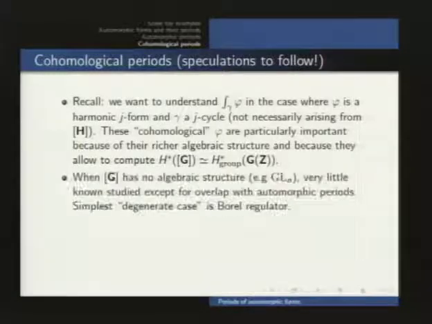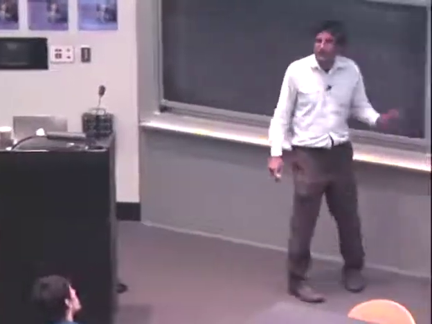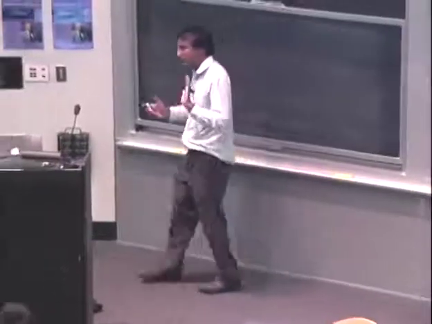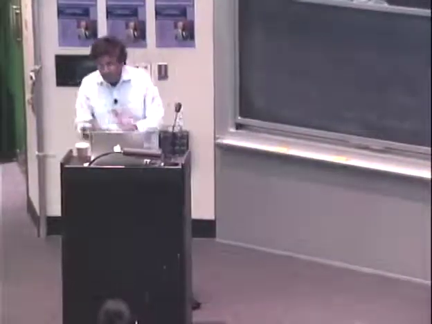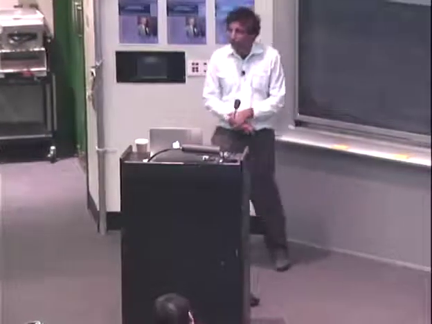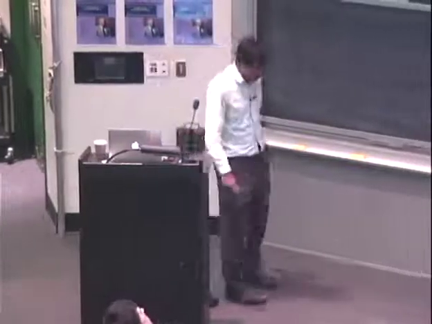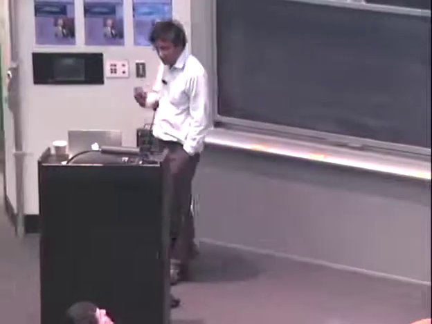Okay, so let me say a little bit about what we know, which is not very much. When the group has no algebraic structure, so in the case when the space for G has a complex structure, which is called a Shimura variety, then there's, I think, at least reasonable guesses you can make about this. Shimura, for example, already formulated conjectures for GL2, and Michael Harris proved some part of those. But I'm more interested in the orthogonal case where there's really no algebraic structure. And there it's very little,